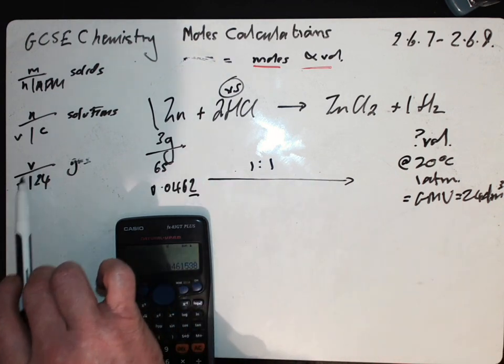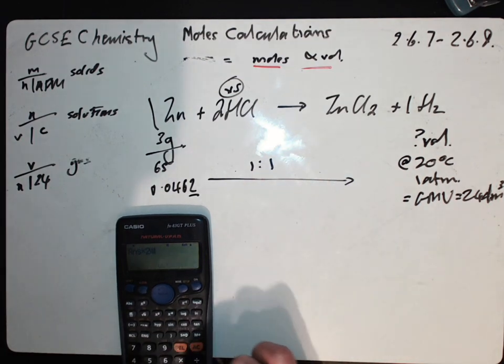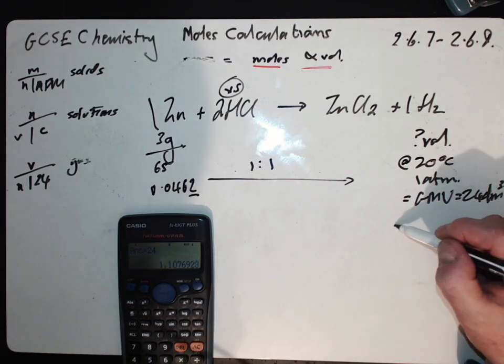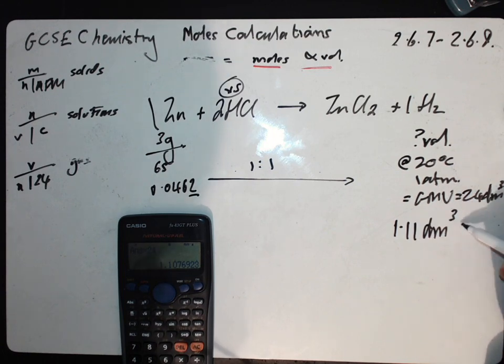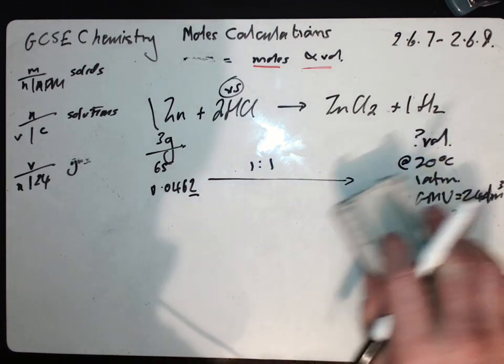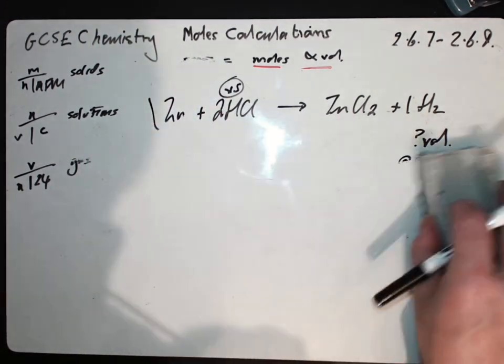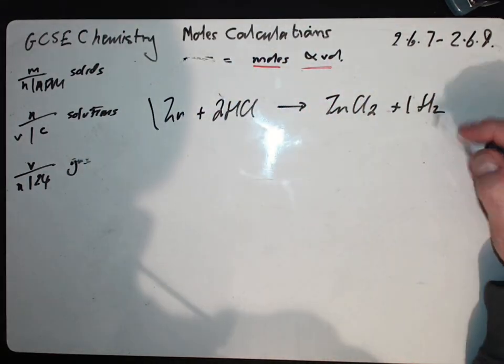My volume equals moles multiplied by 24. So I'm taking that value there on the screen and multiplying it by 24. That gives me 1.11. We usually write to 3 sig fig, 1.11 decimeters cubed of hydrogen would be made. Okay, let's change it around a little bit and say this time we've got to make